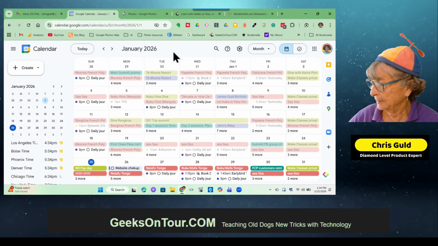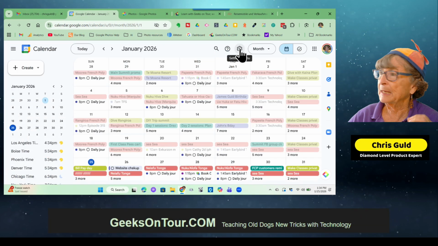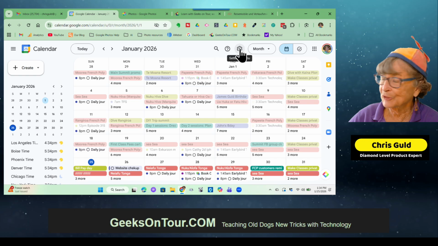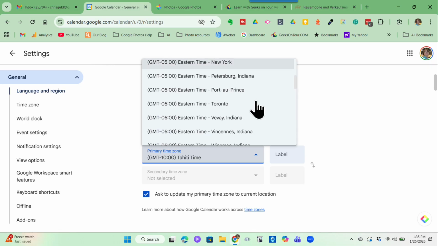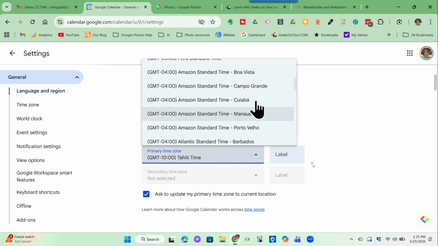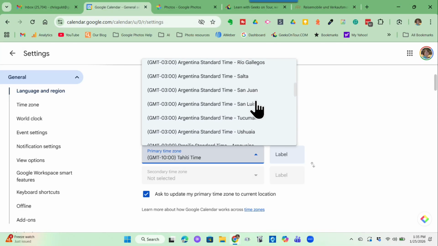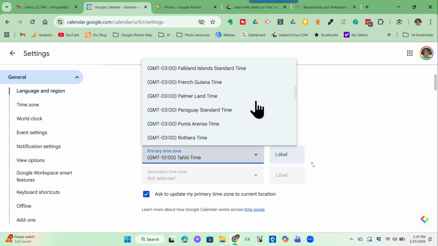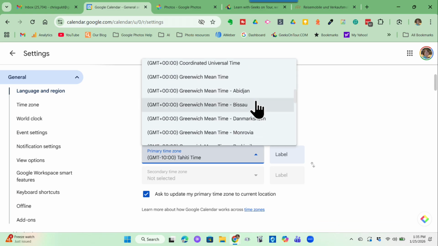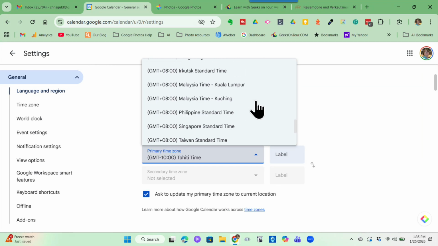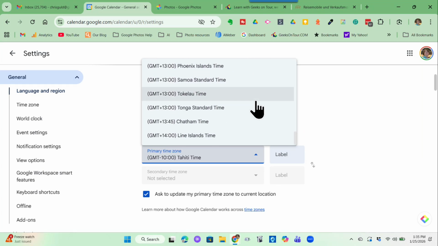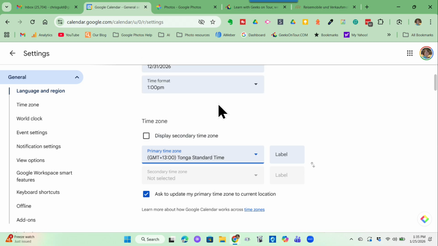Eastern Time. Then, we make sure that the calendar is set for our current time, which is now Tonga. It's a ways away here. And there are other choices too, like Tonga is the same as New Zealand. Anybody see Tonga? Which way am I going? +3, we're at like +13, right? Right. Tonga Standard Time. So now my calendar is in the right time.